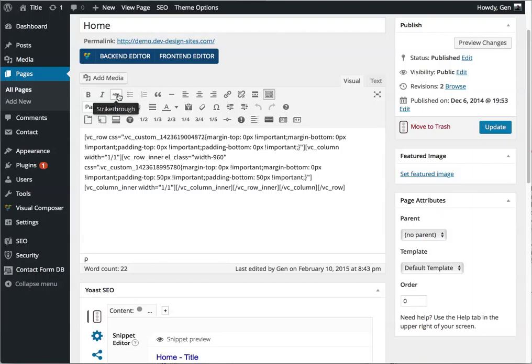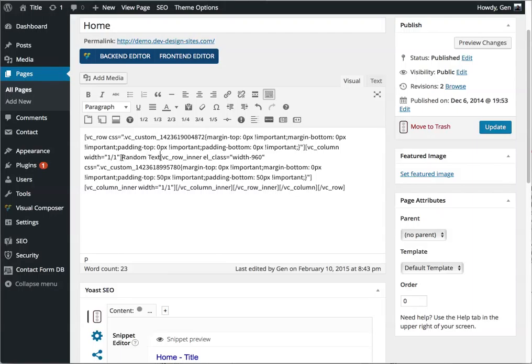There's also italic, strike through, a simple bulleted list, a simple numbered list, a block quote. This is useful if you're quoting something from another website and it's several lines long. Insert a simple horizontal line across your screen. Align left, center, and right. Insert links, remove links. Links are fun to talk about, so I am just going to put some random text